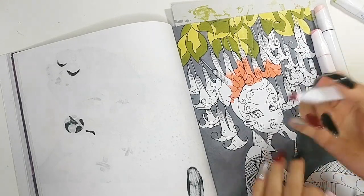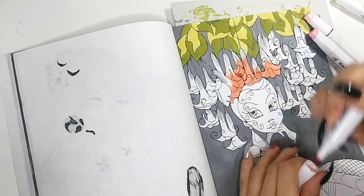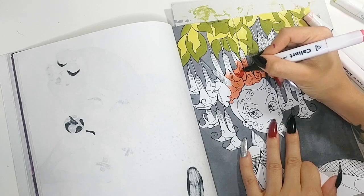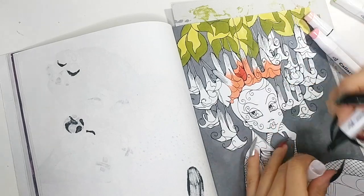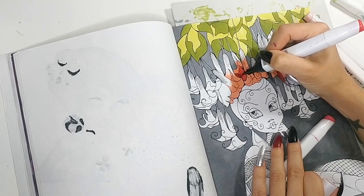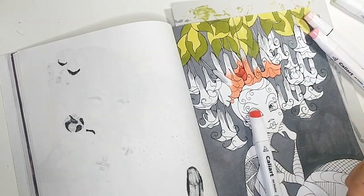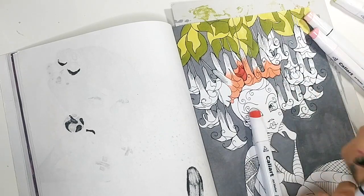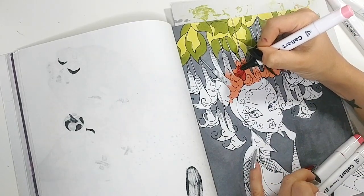I'm going to go in with a red first. And I might go in with a couple of different reds, actually, because I want to give this the look of being a bit blood-stained, drippy, goopy, blood-stainy goodness. So I have to be a little bit messy, and I also want to be just a little bit quick, because to get that blood-stainy effect, I'm going to layer on top of everything